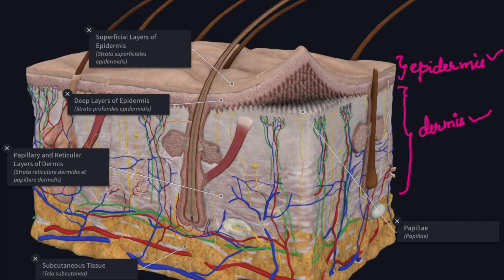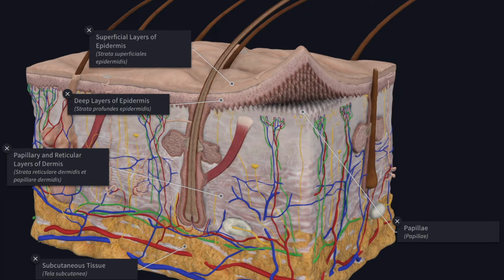The dermis rests on the subcutaneous tissue, and this is sometimes described as the third layer of the skin, which is the subcutis. In section through the skin, the line of junction between the epidermis and the dermis is not